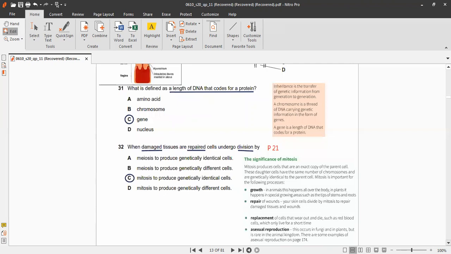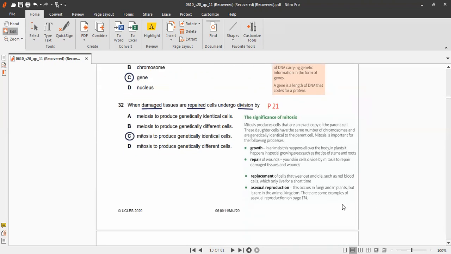Damaged tissues or cells are repaired by division by mitosis to produce genetically identical cells. Because mitosis produces cells that are exact copies of the parent cell, and these daughter cells have the same number of chromosomes and are genetically identical to the parent cell, it is important for growth and repair and replacement and asexual